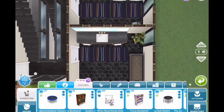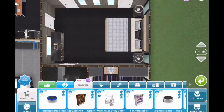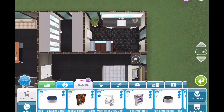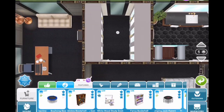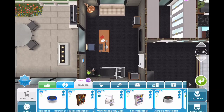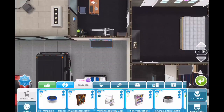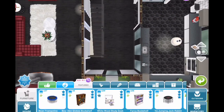And then we have the first downstairs bath here and the laundry. And then we have the dad's bedroom here. And then his ensuite bath right there alongside the walk-in closet. And then his little office and workout area. So then we are going to go up the stairs to the main level of the house, where we have